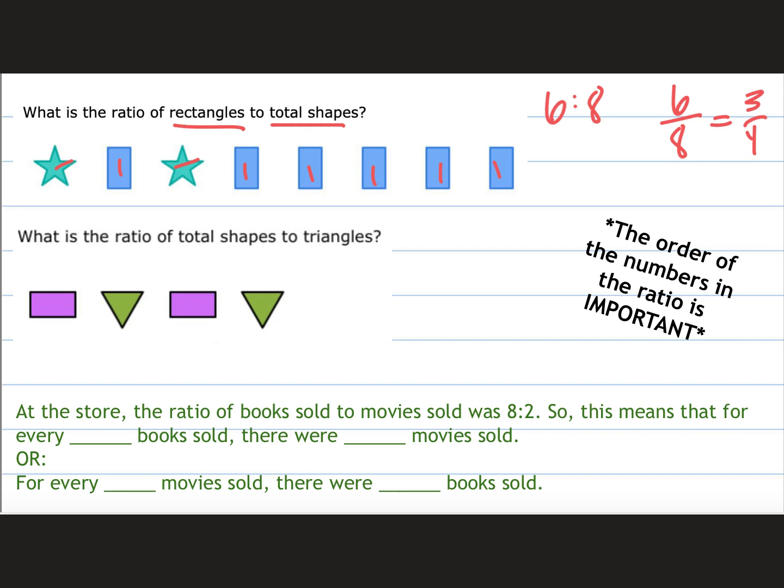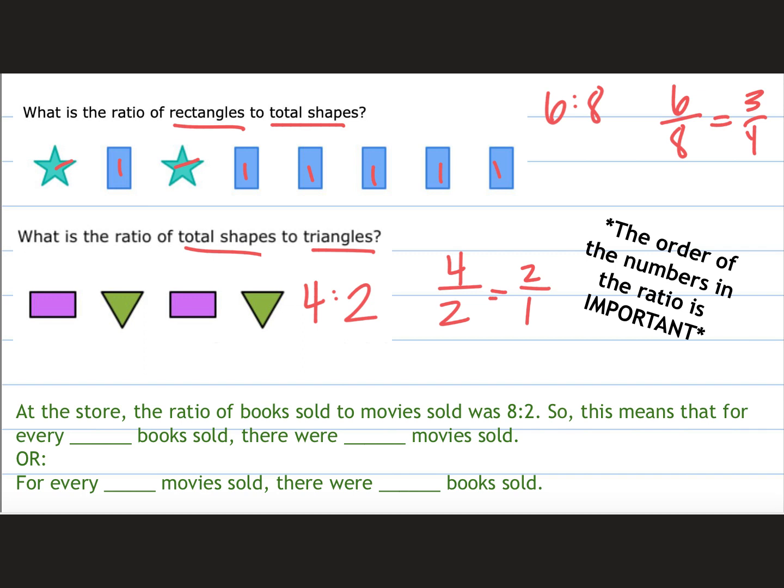Next one, what is the ratio of total shapes to triangles? So now total shapes was listed first. So that would be the first item in our ratio. There's 1, 2, 3, 4 total items. And then triangles, there are 2 triangles. So 4 total shapes to 2 triangles. Write it as a fraction, 4/2, which could then be simplified, 2/1, and we would keep it as an improper